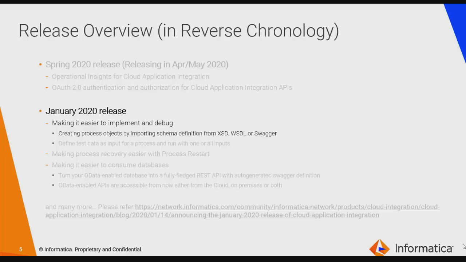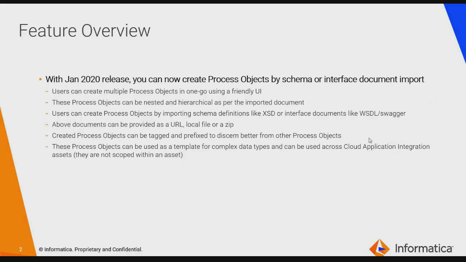And today in Cloud Application Integration, these are created manually by using the UI where you can define them. But over time, these objects can get very, very complex because they can have nested hierarchies and many fields, and it becomes very difficult for anybody to create them. So as part of the January 2020 release, we now offer creating process objects by importing either a schema definition or an interface document. These schema definitions, for example, XSD,